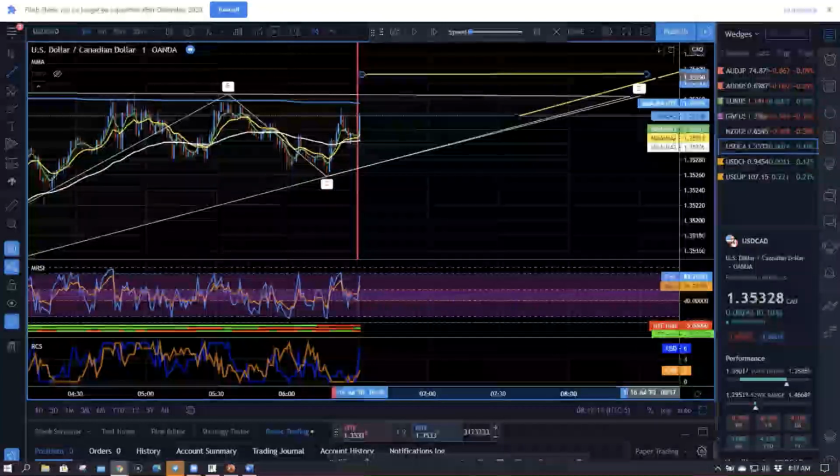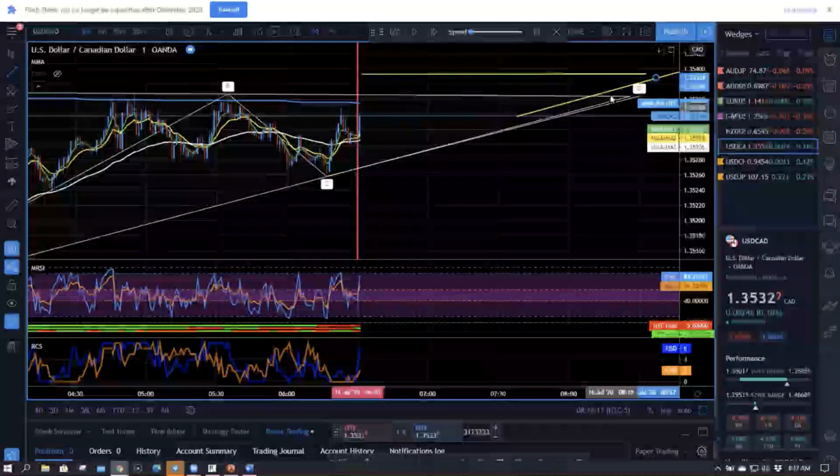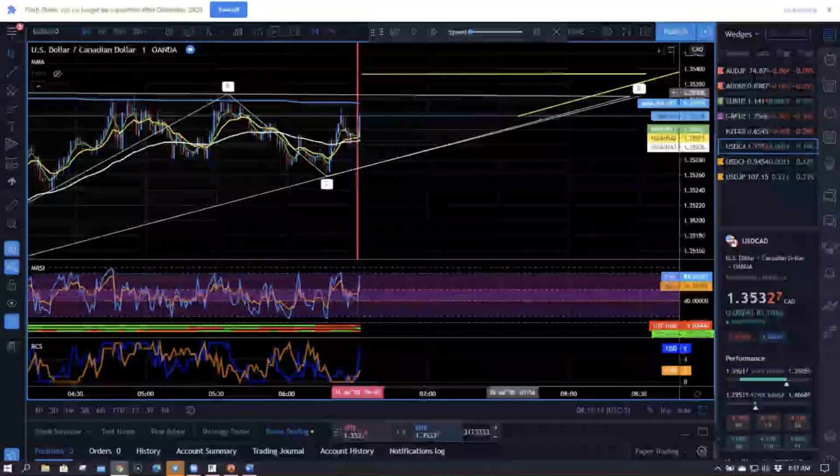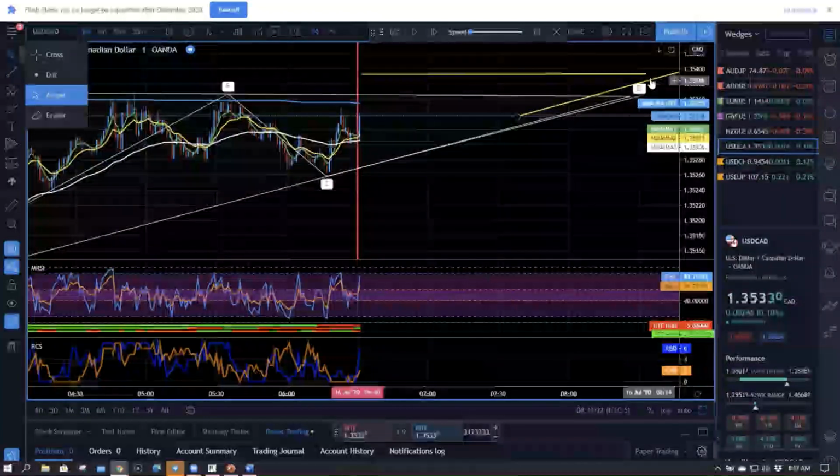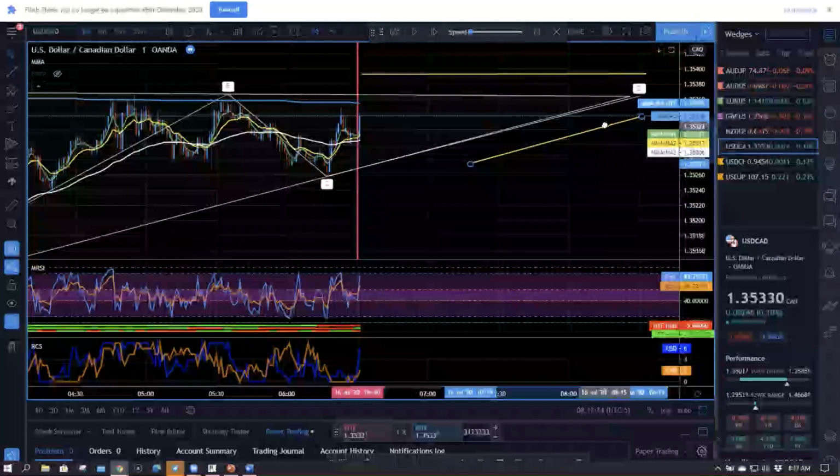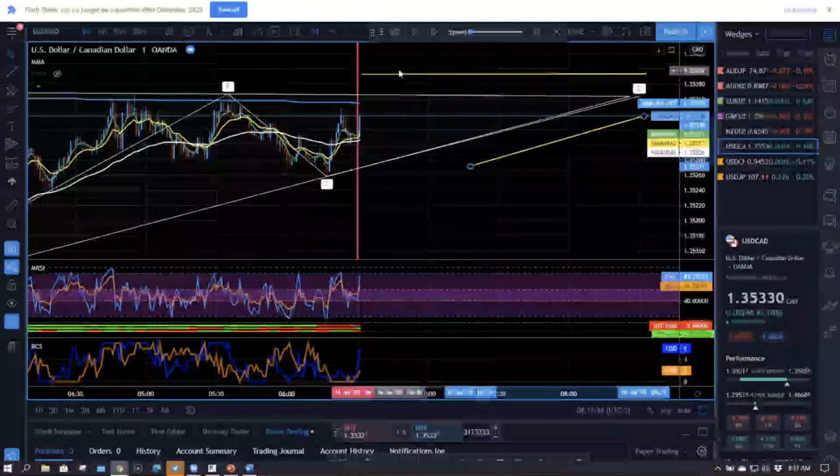That's close enough. I don't know what that trend line is, but I'm going to move it. And I'm going to use it. That's generally my entries. Now, I will mark that red and green just so you know it's going long or